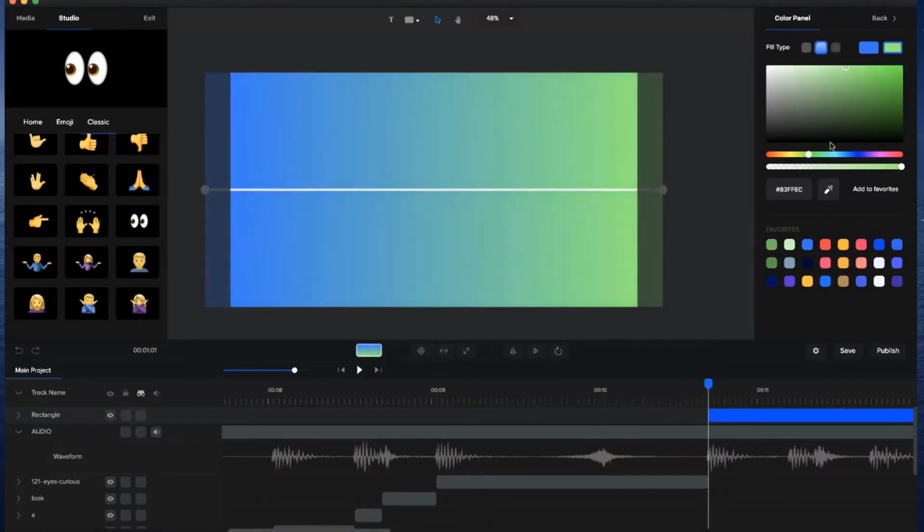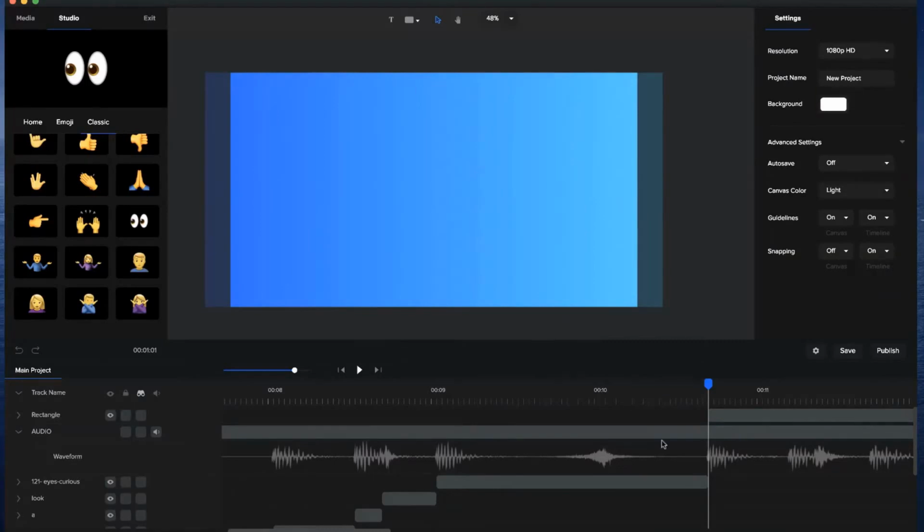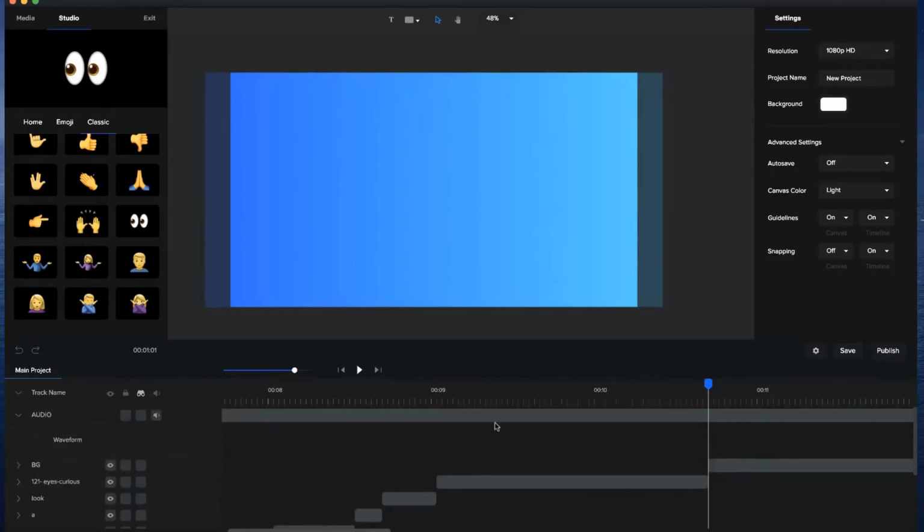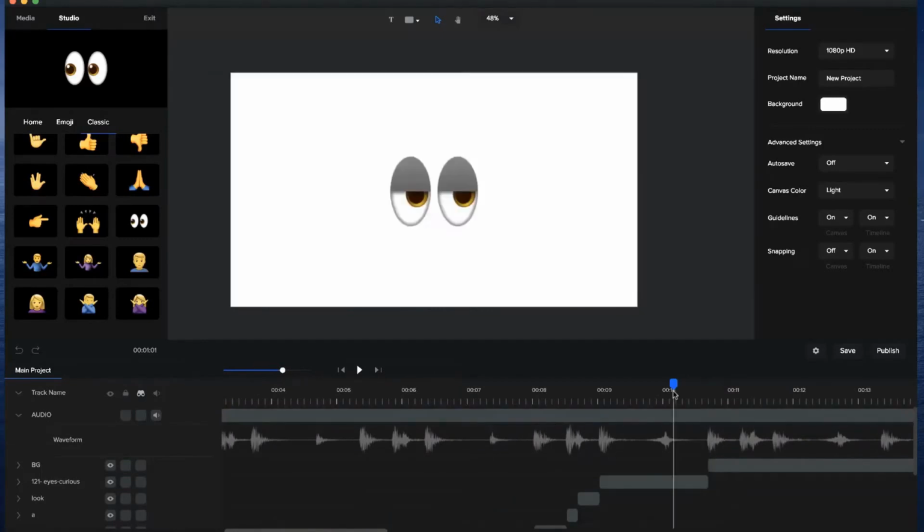Let's have a look. Something like this, I guess. Okay, yeah, so play around with it, I guess. Maybe I'll change that green to make it more precise. Something like that looks alright. So let's double click on that, type in background, and I'm going to drag this audio track up above like so. So we've got our background, and this comes on straight after these eyes